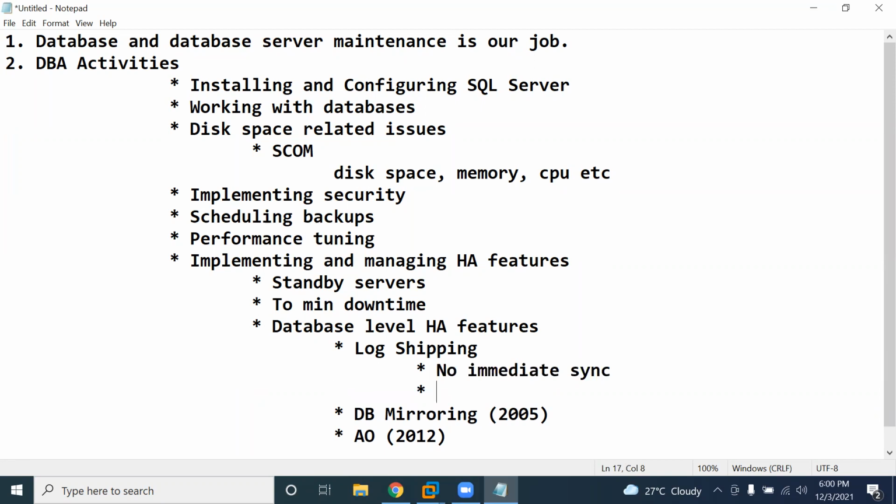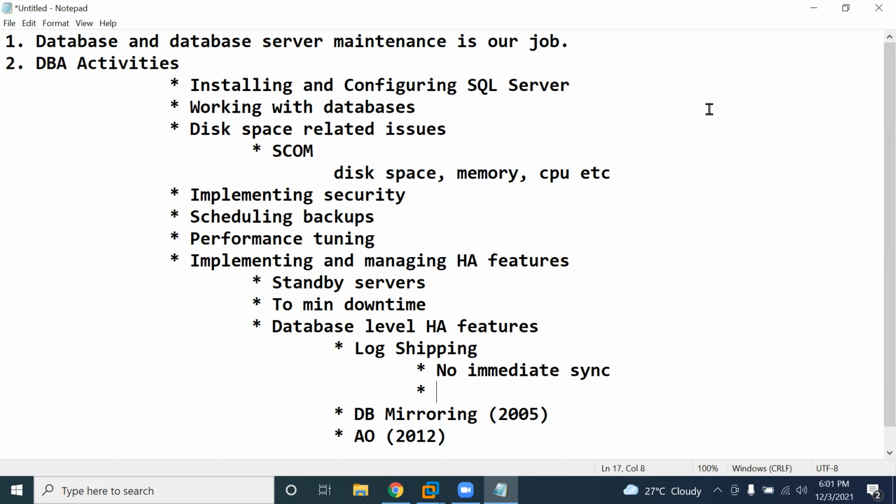Let's say changes are made at 8 p.m., for example. Those changes are applied to the secondary or standby after 8:30. Means a delay of 15 minutes or half an hour is there. Changes are not applied immediately to the secondary. In the same way, tomorrow if the primary is down unexpectedly for any reason,